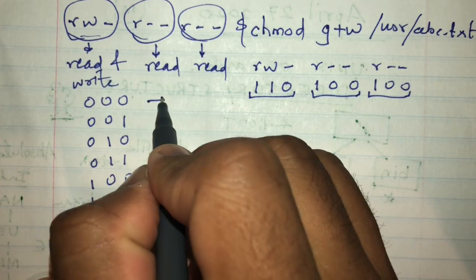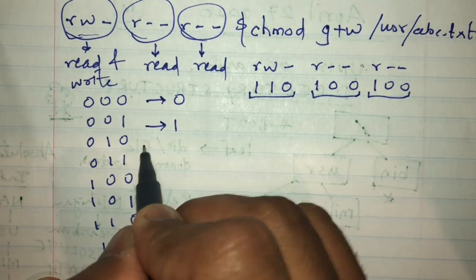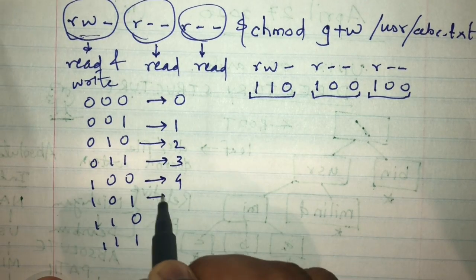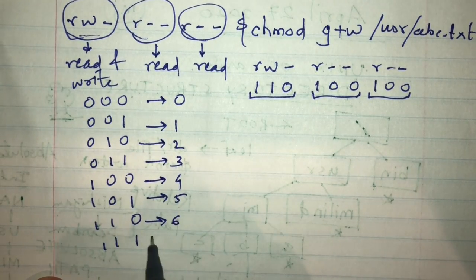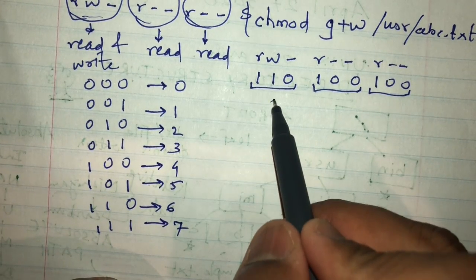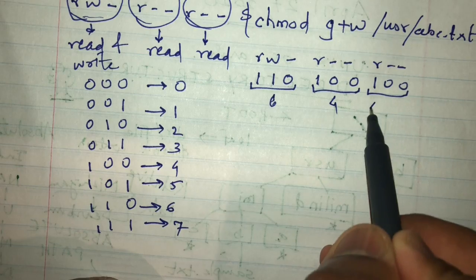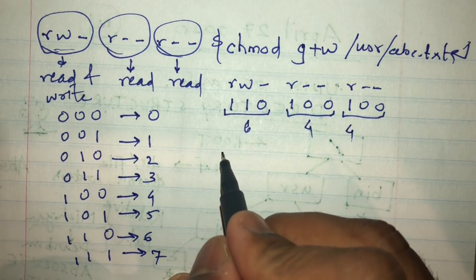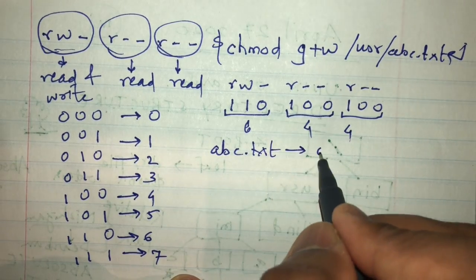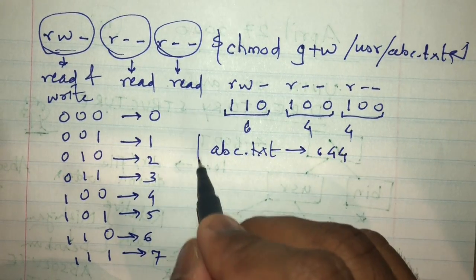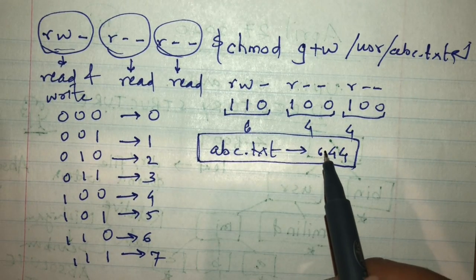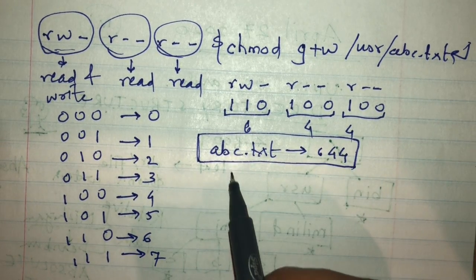So this becomes 0, this is 1, this is 2, this is 3, this is 4, this is 5, this is 6, and this is 7. So this becomes 6, this becomes 4, this becomes 4, which means abc.txt has permission 644. Now whenever you tell this to anyone, the other person will know that 6 translates to